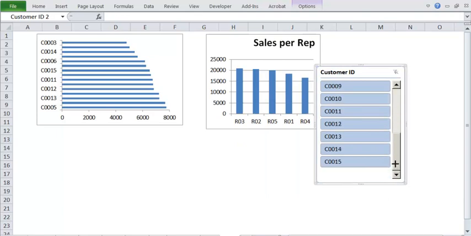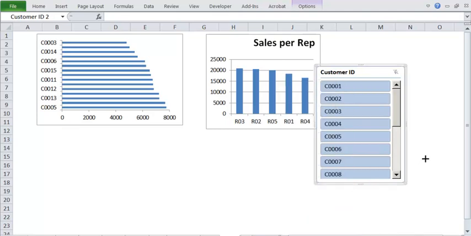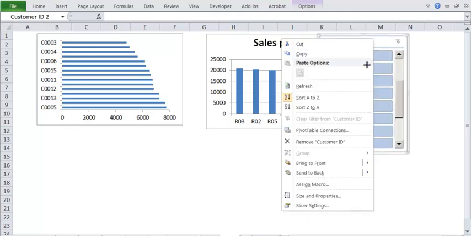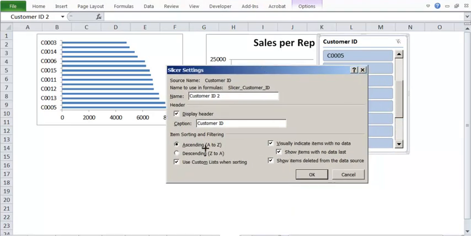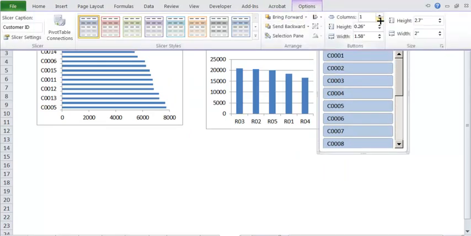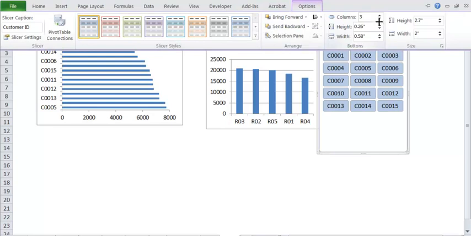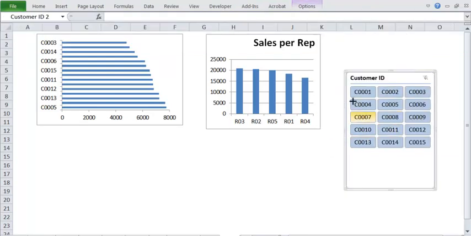Note that it's very difficult to go like this. So what you can do is you can make the slicer slightly different. So you have something called slicer settings. So you see slicer settings. So you can change the slicer name, all those things you can easily do. Now let's say suppose I want to make it more columns, so I can go to slicer option, I can increase the column. So see, I have increased the column to 3 columns. So now it looks better. So slicer has come to 3.